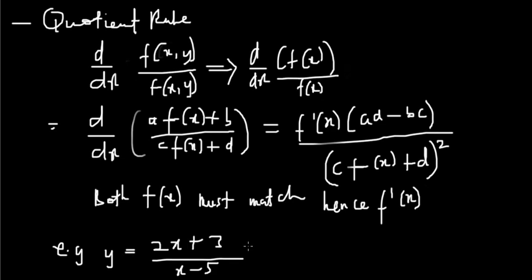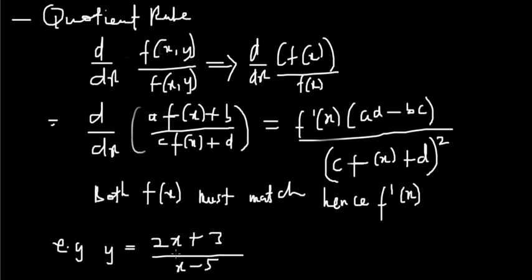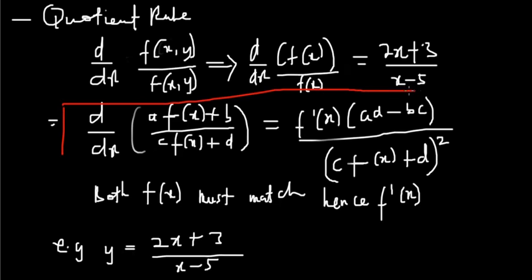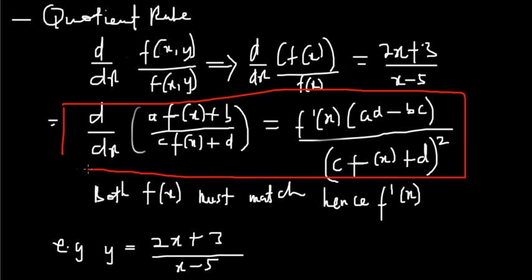This is how the quotient rule looks. In case you want to see an example for the quotient rule, I've written one right here: 2x plus 3 divided by x minus 5. This is how a quotient rule looks. For the quotient rule, don't worry about these formulas. The most important formula you need to keep in mind is this one. It's very, very simple, and once you solve an example, you get to understand. Whenever you come across the quotient rule written in this format, maybe 2x plus 3 divided by x minus 5,